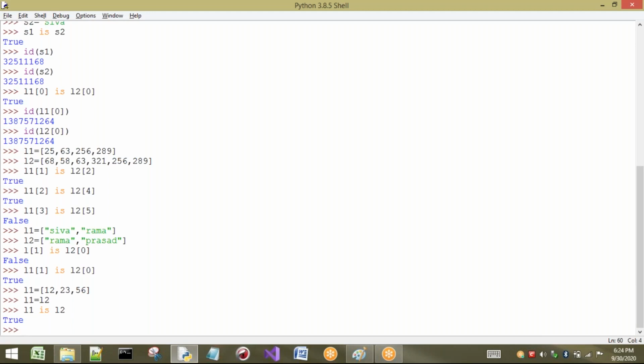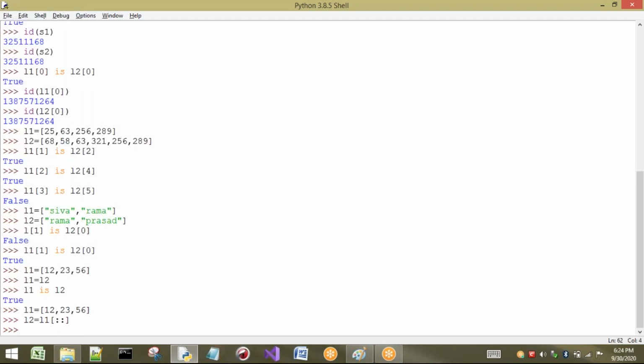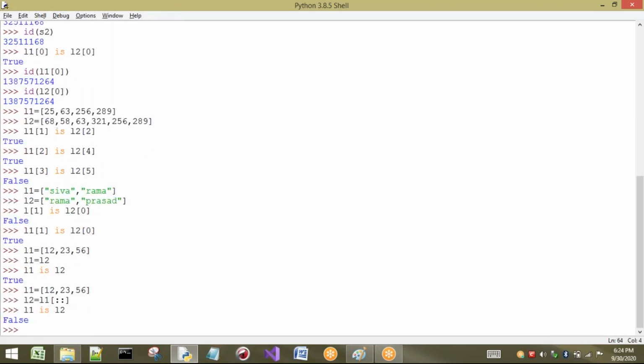But let us take the same list L1 and clone it, that means make a separate copy. We can do it by slicing or by the copy function. Now I want to check L1 is L2. Are these two the same? No, a separate copy will be created.